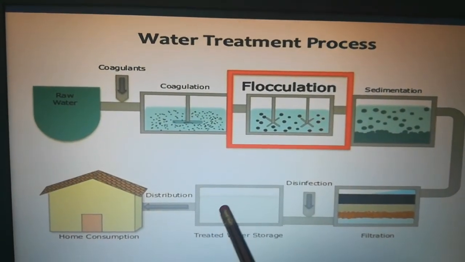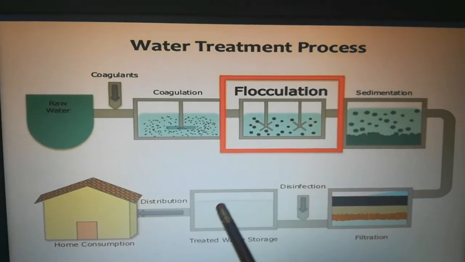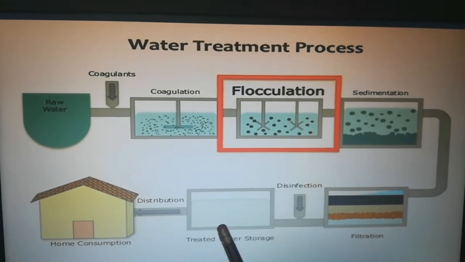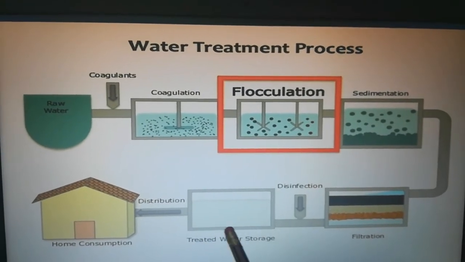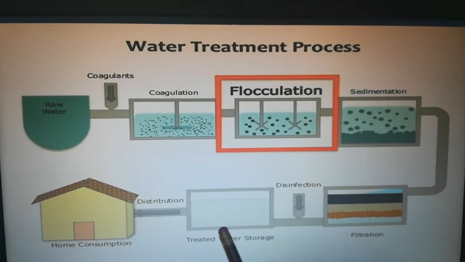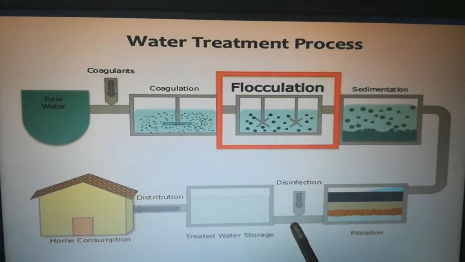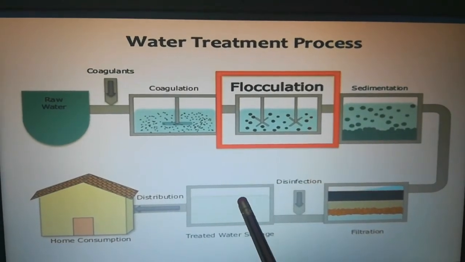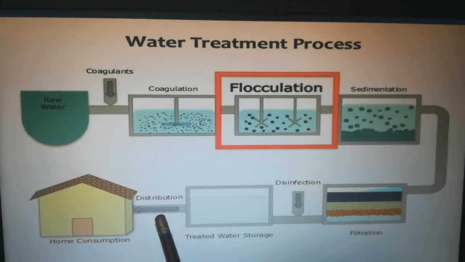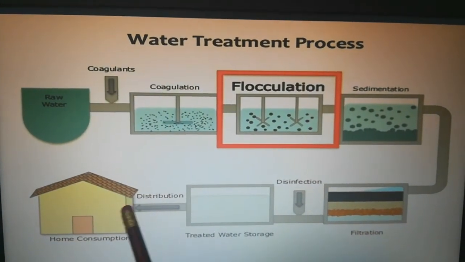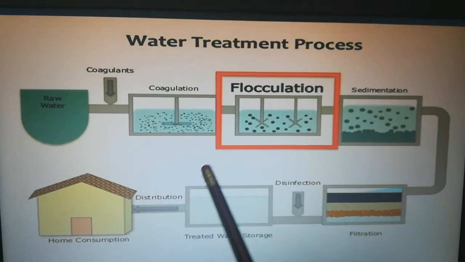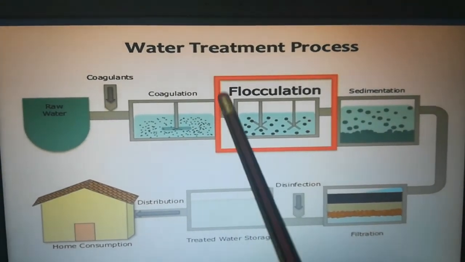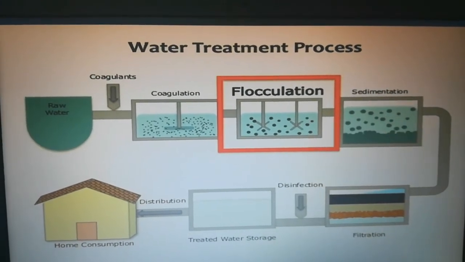After this, the water is stored in a clean tank. Before this, the tank is cleaned by adding disinfectants like chlorine water or bleaching powder. They wash the tank with this and make the tank clean, free from bacteria and other microorganisms. Then once the water is treated with chlorine gas, it is stored here. After that, the water is distributed to the houses. Right. These are all the stages involved in the water treatment process.